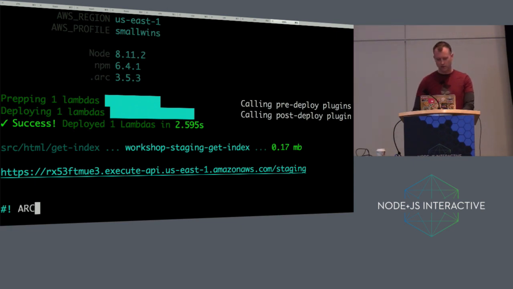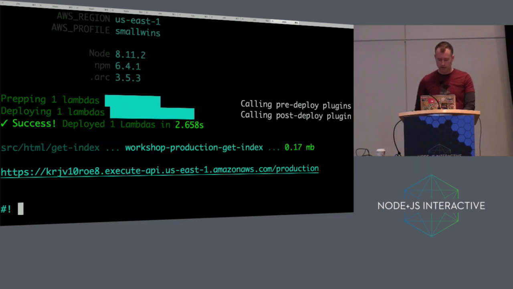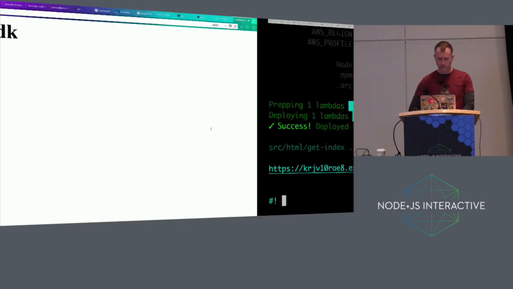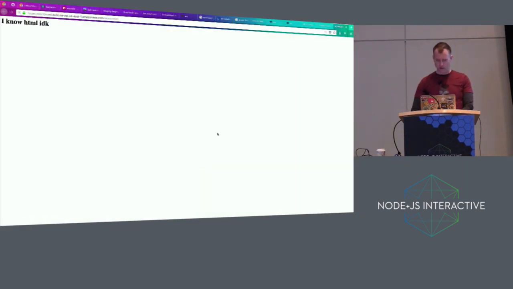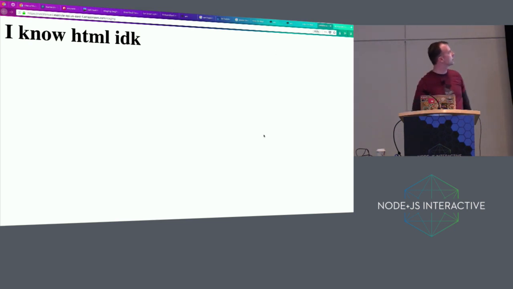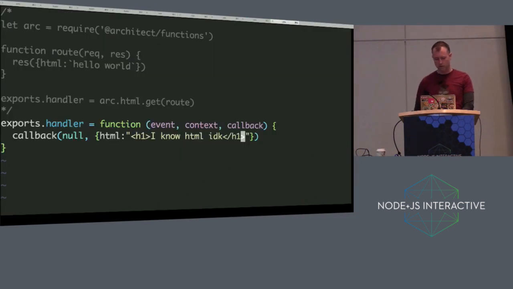If we want to upgrade that function to production, we add this environment variable, arc deploy. The reason we did that was because it's kind of hard to type, so you think about it before you do it. You'll see this is a totally separate, completely its own API Gateway that's separate from the staging one. So we can do development and stage up our stuff. Maybe it doesn't seem like such a big deal right now, but once you get to the 200-300 function range,